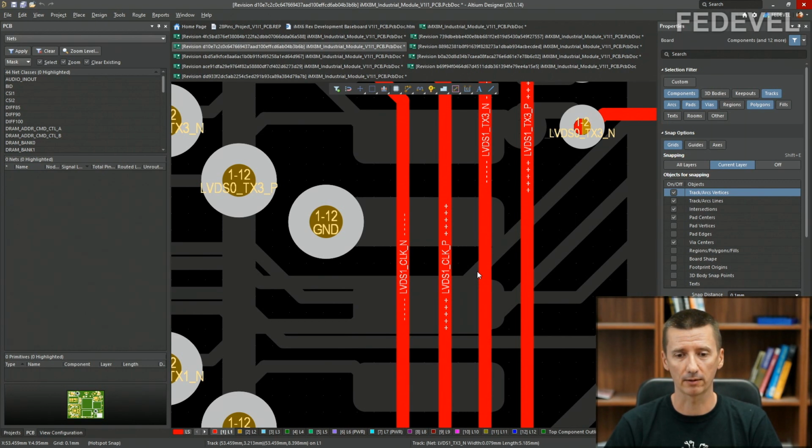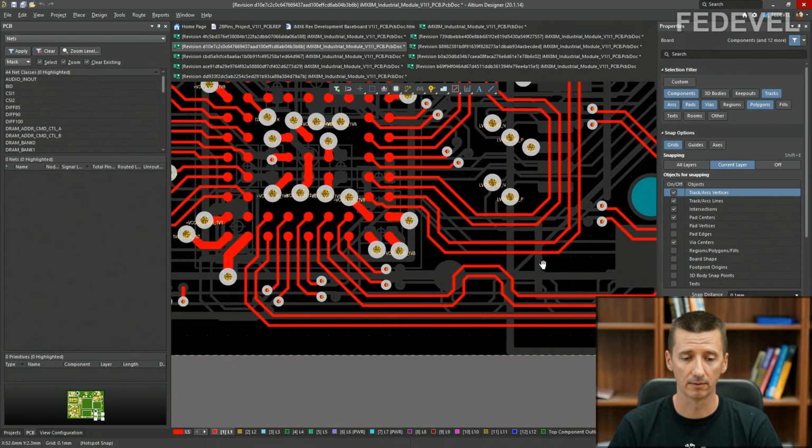Okay, very important. How much is a lot of space? As much as you can, okay? At least the same space as between the signals, but even that is not enough. As much space as you can. Very important.